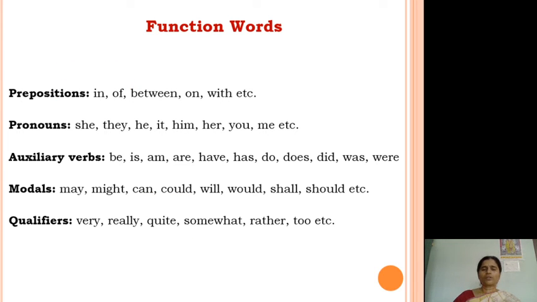Now we came to know that function words are the words which are used to link up the content words grammatically in a sentence. All the other words are the main words, those are nouns, main verbs, adjectives, adverbs, and a few other words which are considered content words. Those are negatives, question words and demonstrative pronouns. So all the other words which are used grammatically to link up the content words in a sentence come under function words.